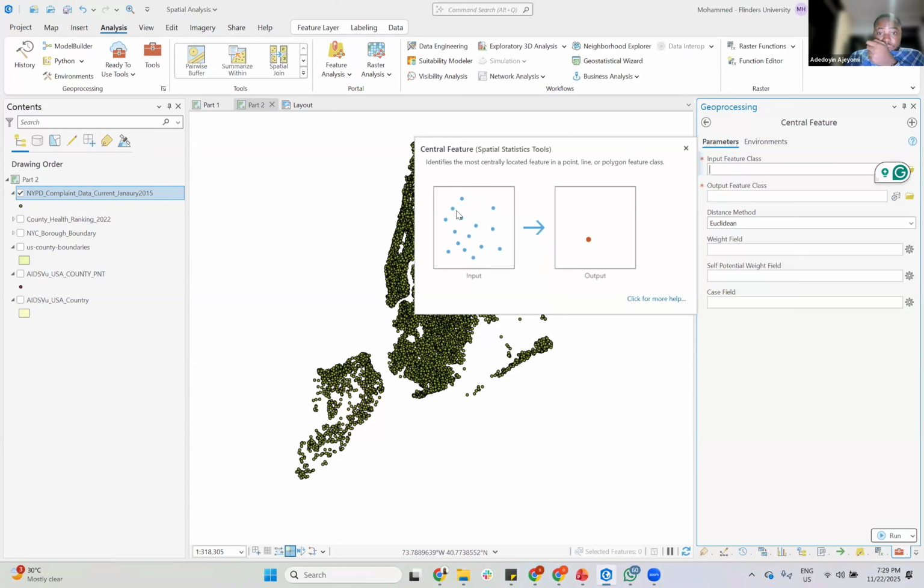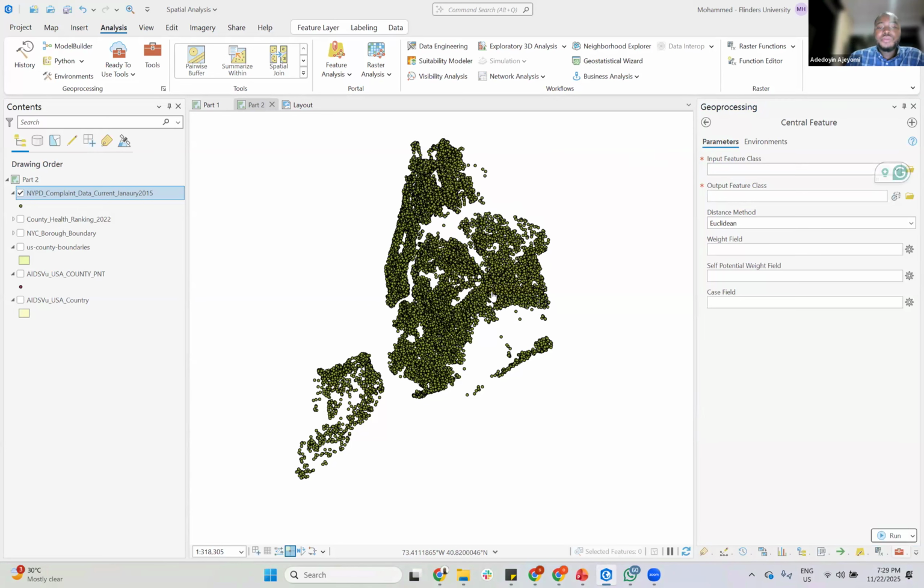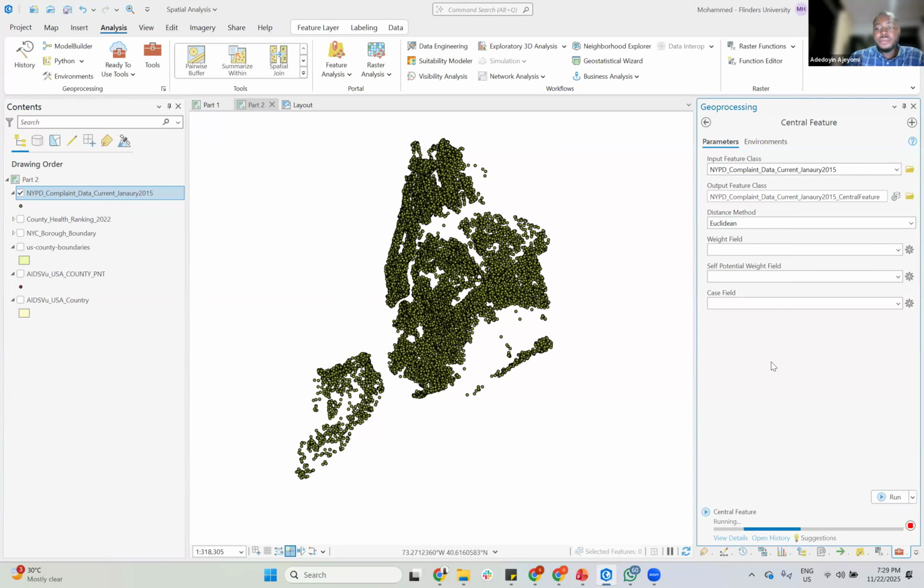As you can see in this picture, we have a high distribution, but this place is where we have a lot of crime, and then this is the center of the crime. So this is one of the things that these tools help you to solve. When you put this there, it will generate a point. We might not put all this weight field, depending on what you are running. Those weight fields actually work when you have a table where you have